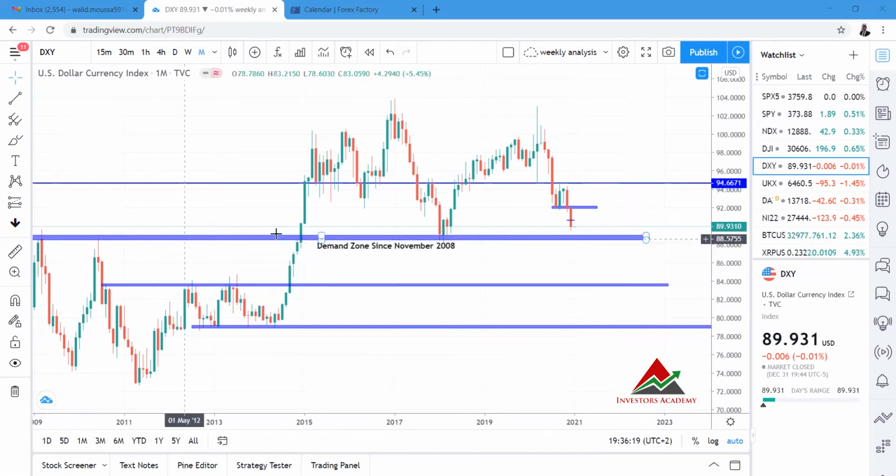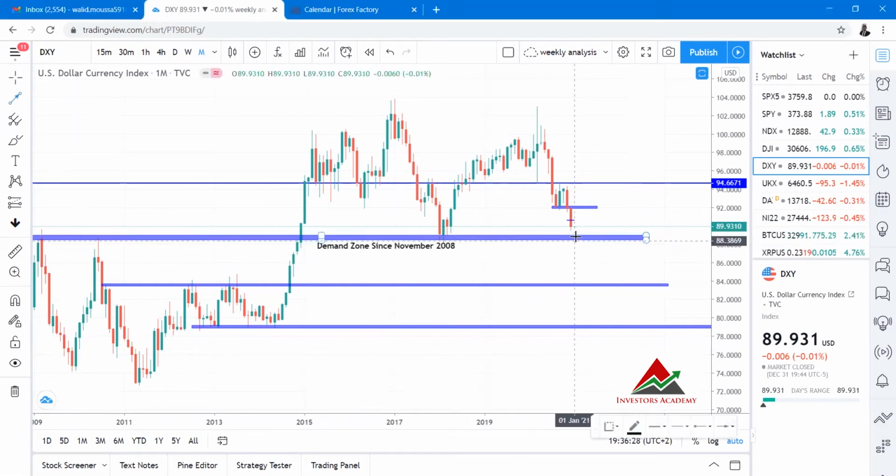As you can see, this is a very strong level. So there's a high probability we will test it again. Then we should have a pullback, mainly at least to this level. It's hard to imagine the dollar index breaking that far below this level before doing a pullback on the monthly chart. But overall, in order to sell below this level, we need a monthly close or weekly close at least below this